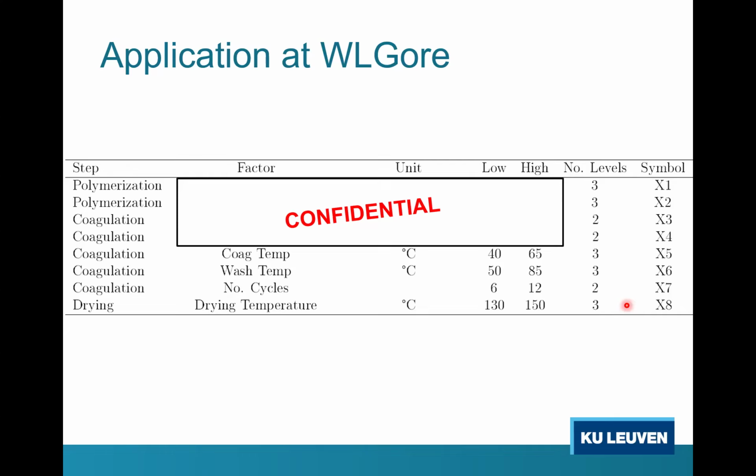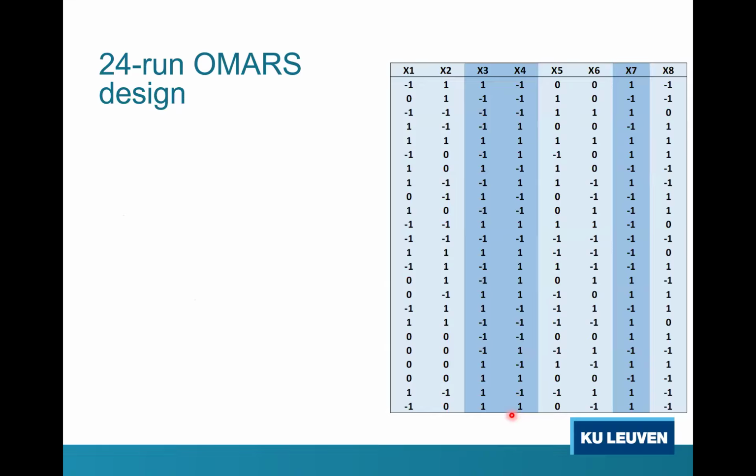So what they needed was an OMARS design where certain columns had no zeros, only -1s and +1s, so 2 levels, and other columns had to have zeros besides the -1 and the +1, so certain columns had to have 3 levels. So that was very specific in this application, and the OMARS design that W.L. Gore used is this particular